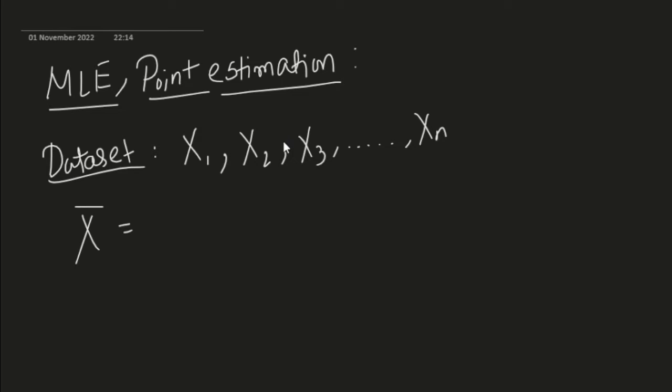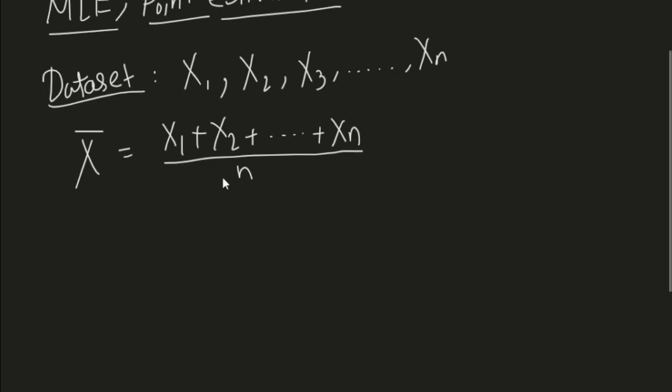Our target is to understand the features of the population given this sample. So firstly, the sample mean is this. Okay, this is the sample mean, and we also know the variance. I have already defined moments, but I'll just write it down again. The average, which is given like this